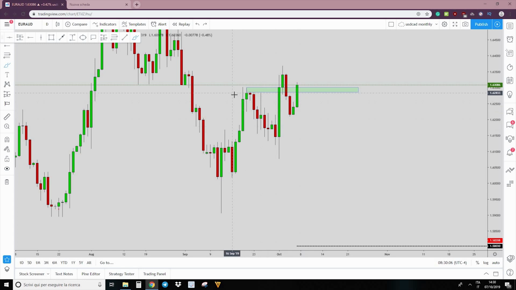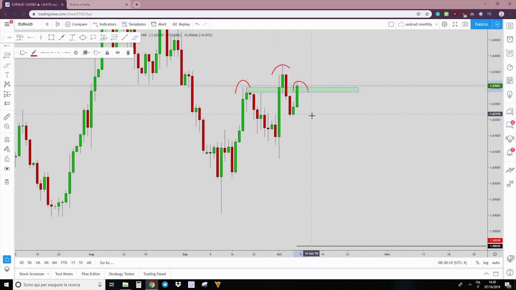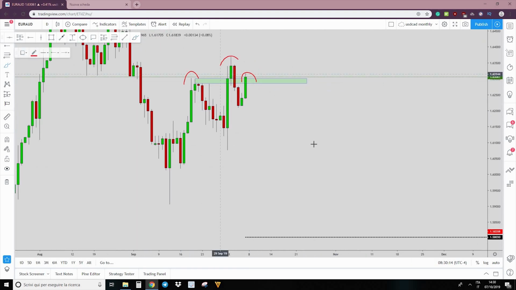For the simple reason that the market at that point has created a head and shoulders formation, because basically what a head and shoulders is, in other words, is a fake breakout of a strong level. Many of you will say yes, but the neckline, these two lows must be at the exact same levels to be defined as a head and shoulders. But if you look at it from a broad perspective, a head and shoulders is simply a fake breakout